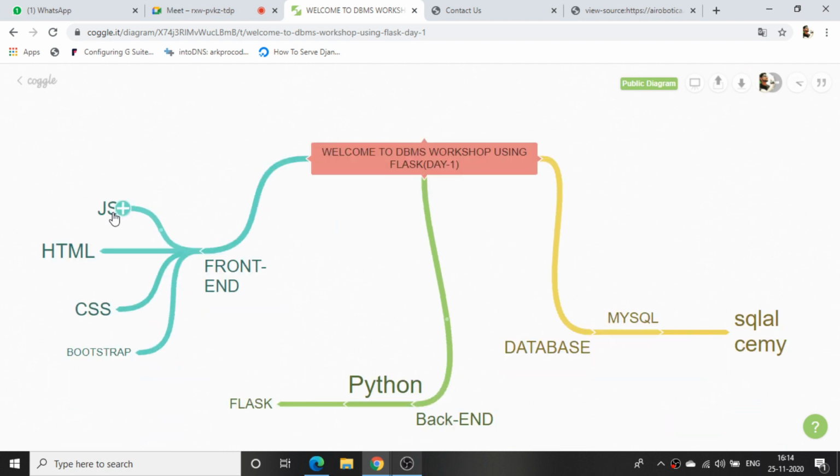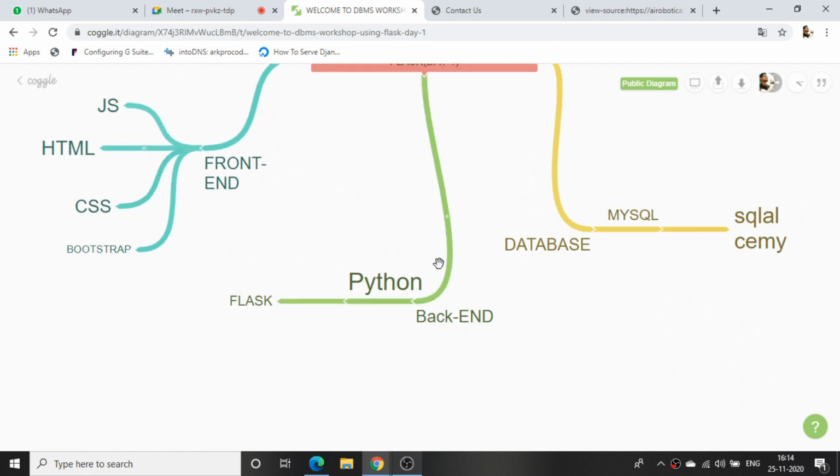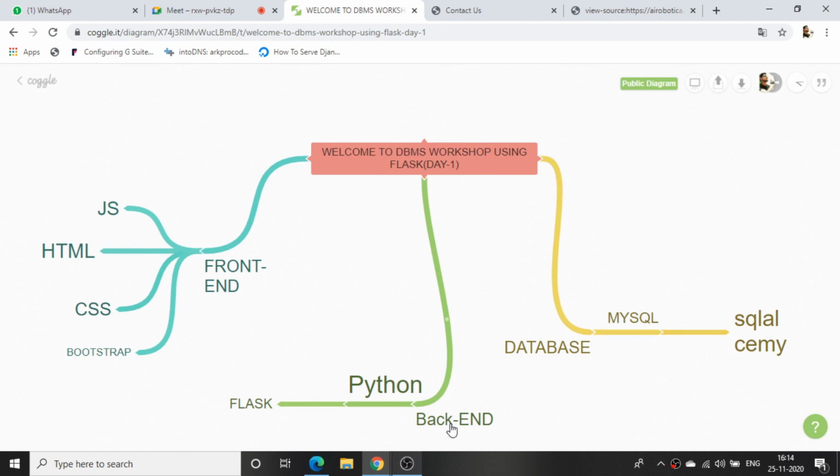I told you what JavaScript is and how it works, and what HTML and CSS are, the front end. I have told you how the front end will work. I just gave you the introduction part; we'll work with the coding part too. Next, I said what backend we will be using. We'll be using Python as the backend, and the framework we are using inside Python is Flask. Okay, this is also done.